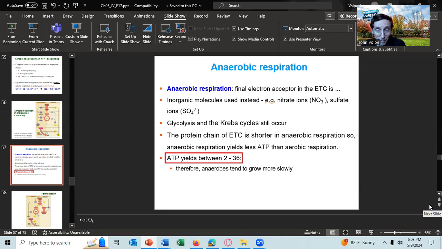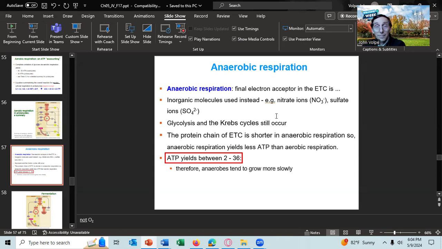I don't know how many, but obviously there can be nitrate, nitrite. I think it can be ammonia too. So there's 3 with nitrogen. There's at least sulfur and hydrogen sulfide, so that's 2. And I think there's ions. So there's at least a handful of different forms of anaerobic respiration. You don't need to know any of them except just anaerobic respiration, where the electrons go to some molecule other